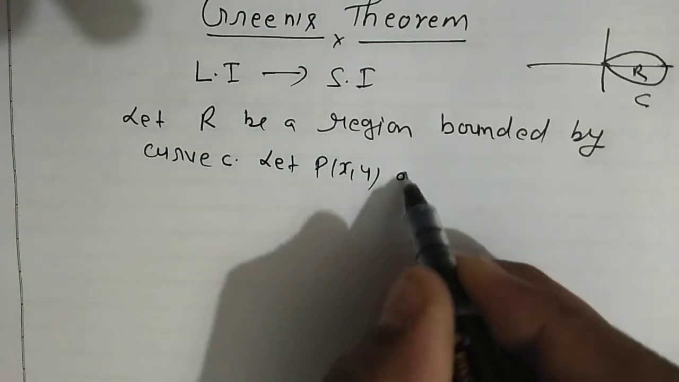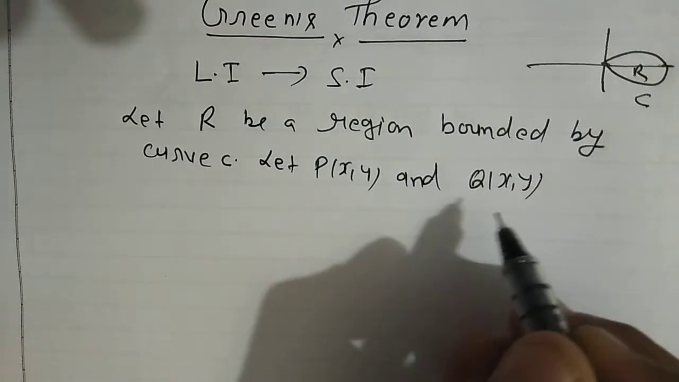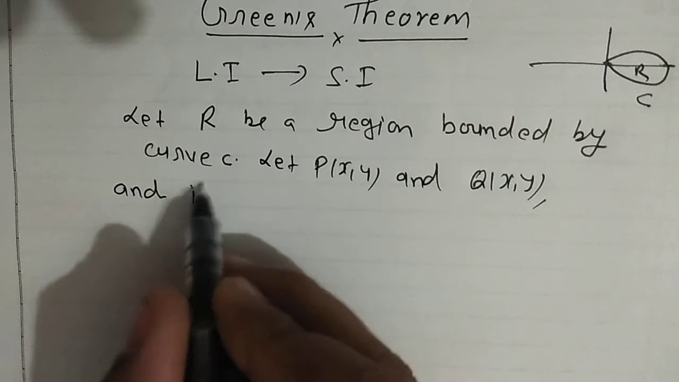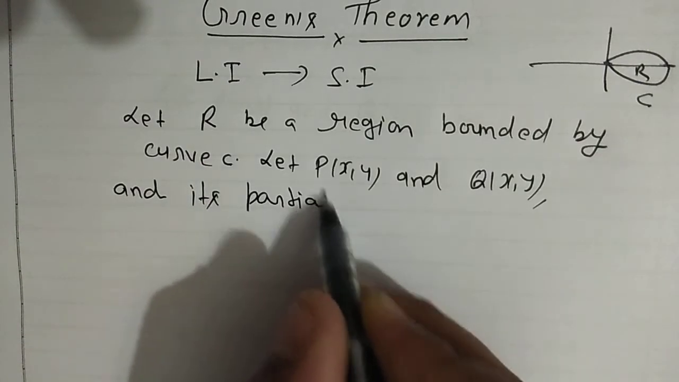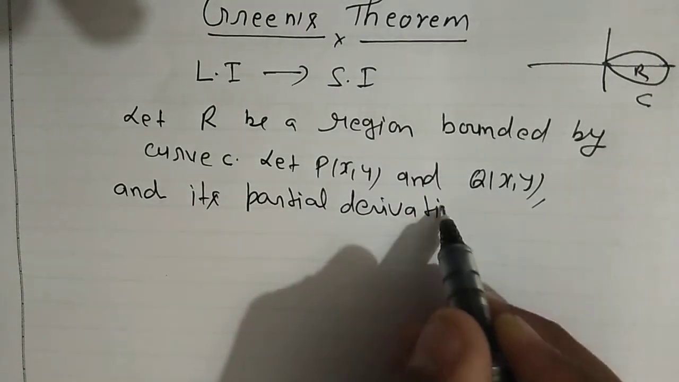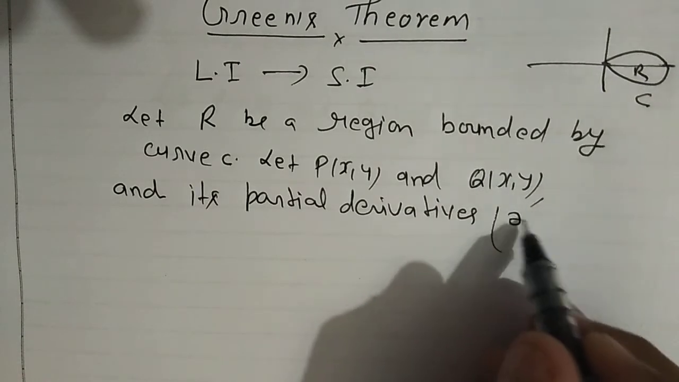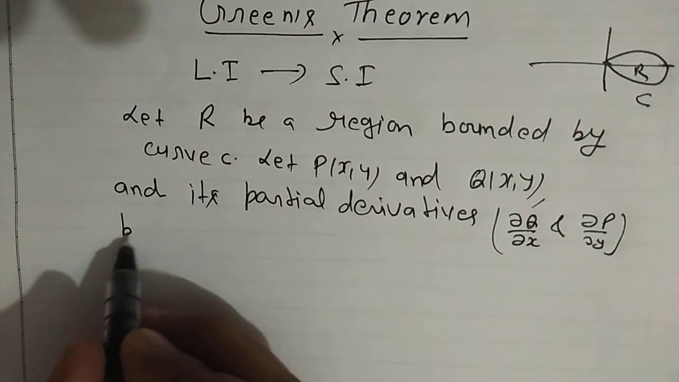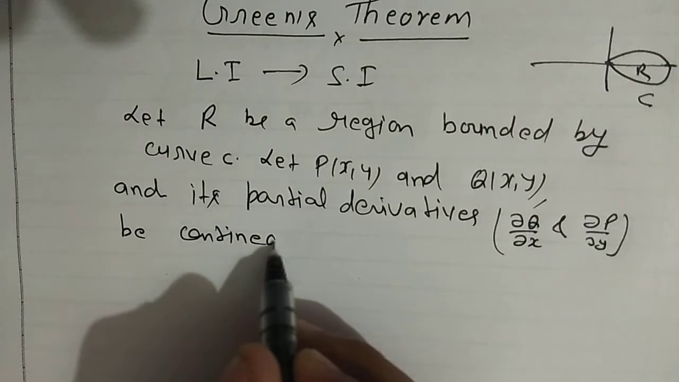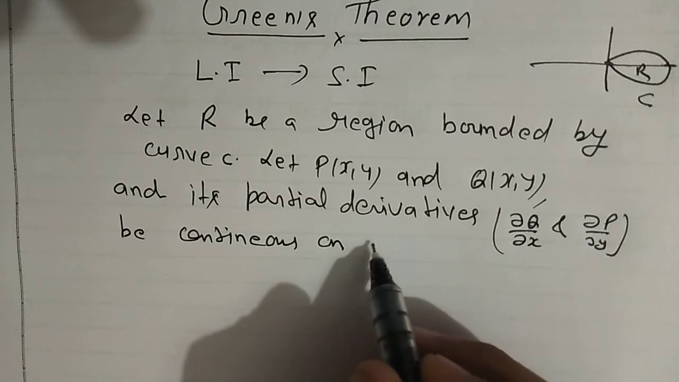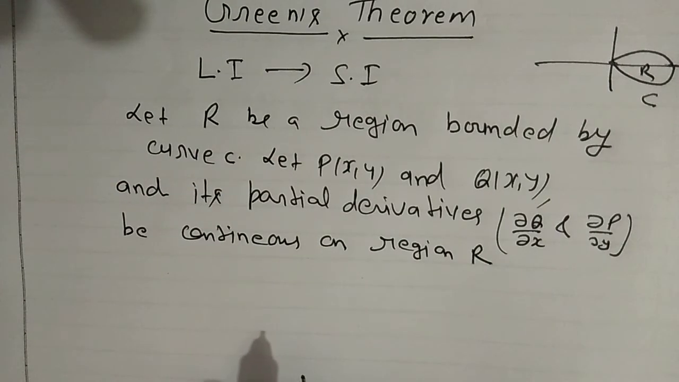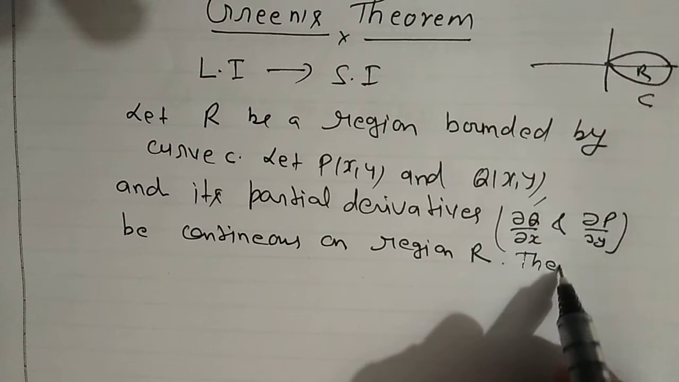Let P(x,y) and Q(x,y) and their partial derivatives, because they are functions of two variables, mainly we need ∂Q/∂x and ∂P/∂y, be continuous on the region R. So P and Q and their partial derivatives ∂Q/∂x and ∂P/∂y are continuous in the region R, then the line integral